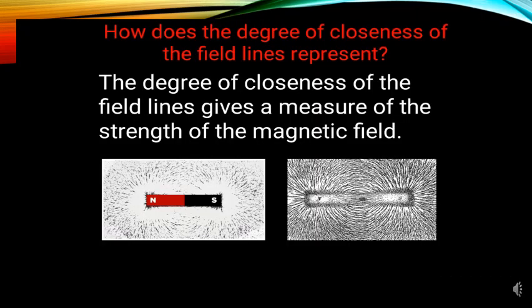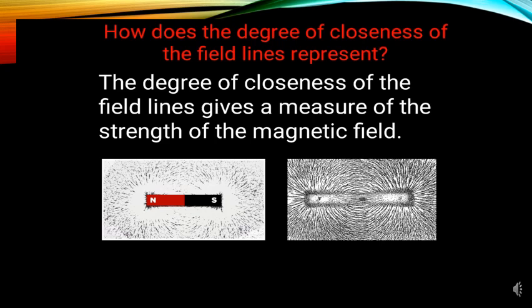The magnetic field lines leave the north pole of a magnet and enter its south pole, and they form closed curves. In other words, each magnetic field line is directed from the north pole of a magnet to its south pole. Each field line indicates at every point on it the direction of the magnetic force that would act on a north pole if it were placed at that point.